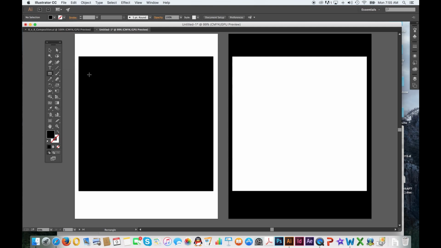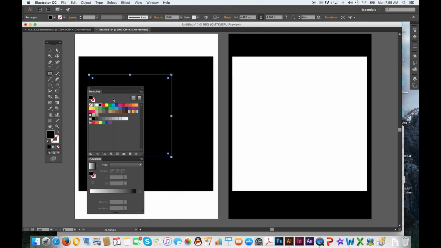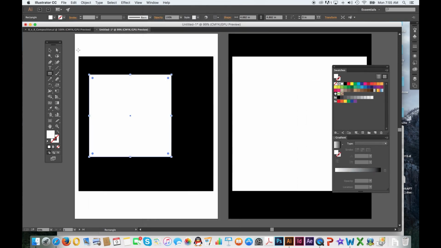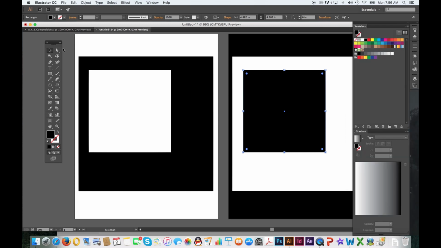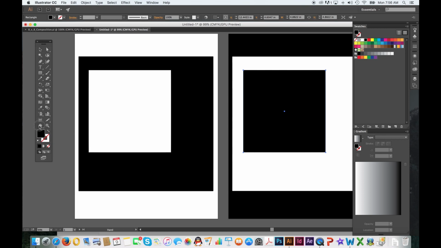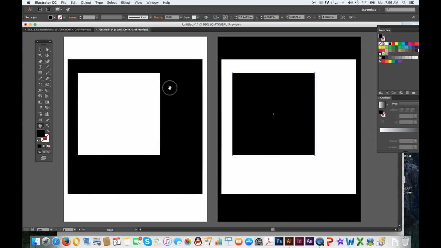So for example, if I add a square here, a white square, I'm just going to bring up my Swatches tab here and just move this over here. If I add that there, on the black background, and then I hold down the Shift and the Option key and make a selection of my square and move it to my right-hand page, and then I fill that as a solid object. Just kind of move things out of the way here for a moment. With my hand tool, I'll just reposition my printable pages on the screen, and you can see